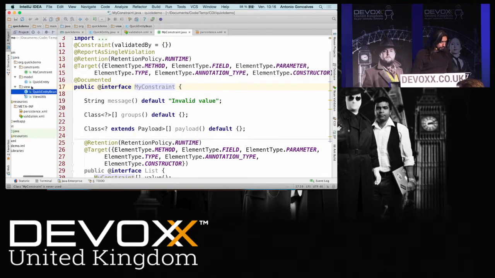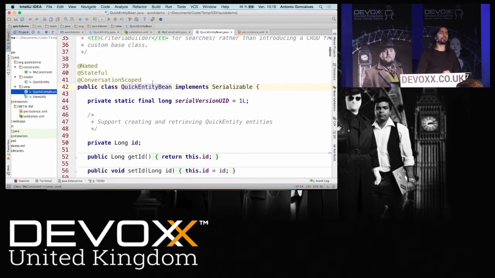First of all, Forge has created a JSF backing bean. So you see there's the annotations Named, Stateful, and ConversationScoped. So if you don't know what that means, it's also a nice way to discover. The code is there, and as you'll see, it's working. So you can play with it.